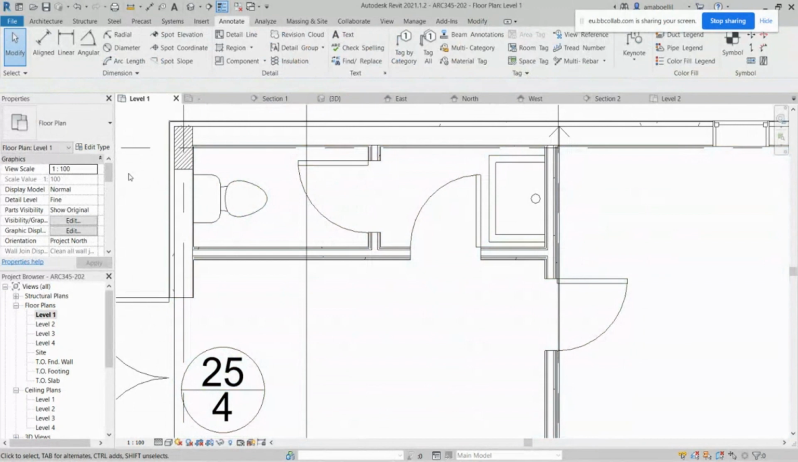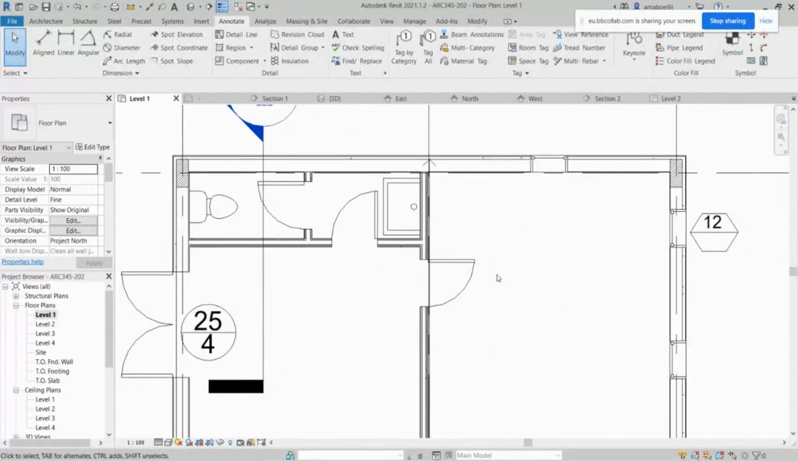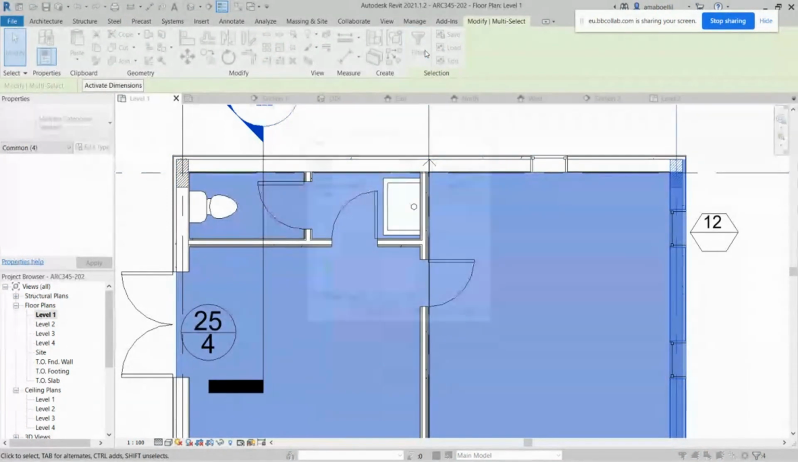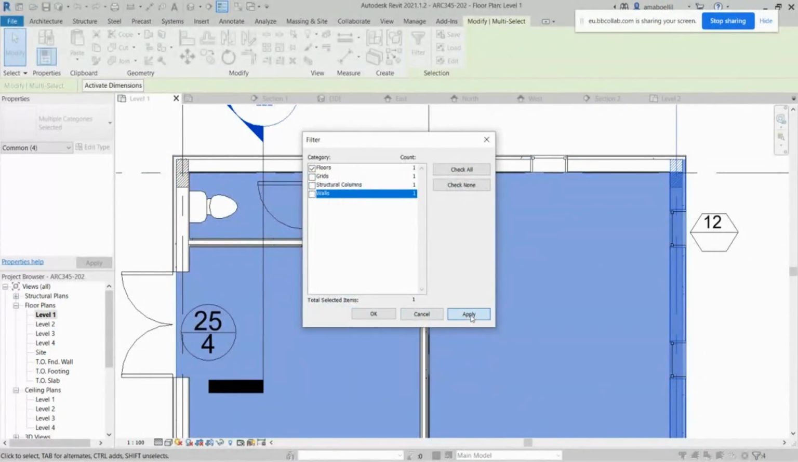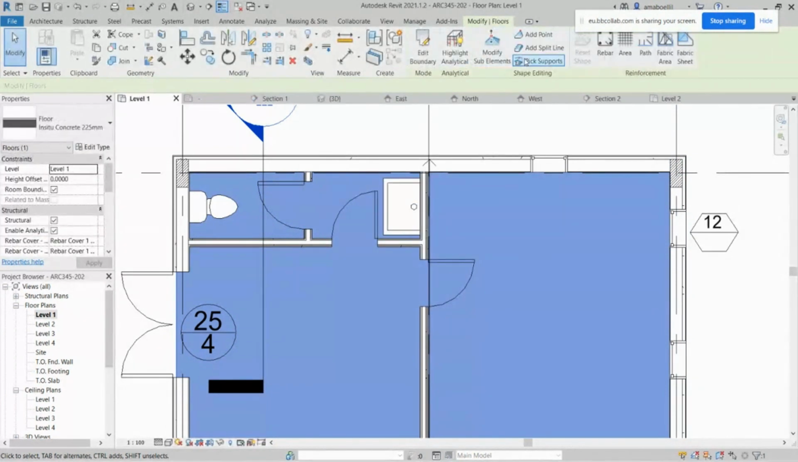Right. So if we want to distinguish this slab from what we see here, we have two options. One is that we pick our slab so that we can go like this and filter. And this is, I think, another feature: you can unlock everything except the floors so that it picks it for you in here. And in the floor, you can add points or add split lines if you want to do it this way,